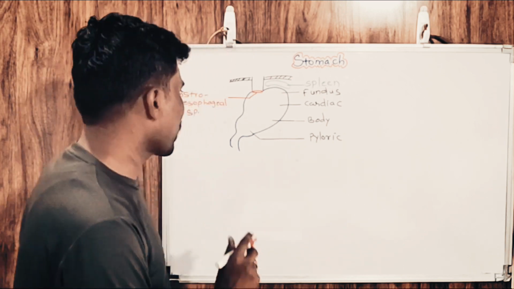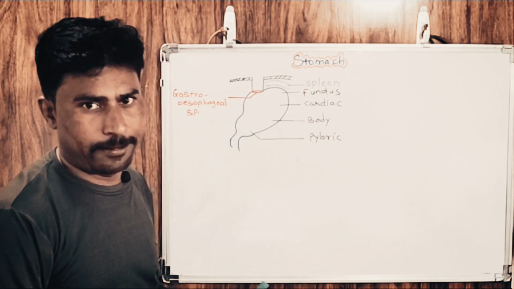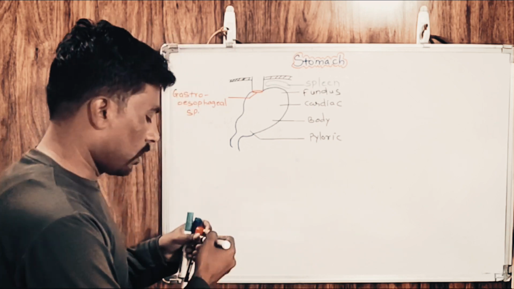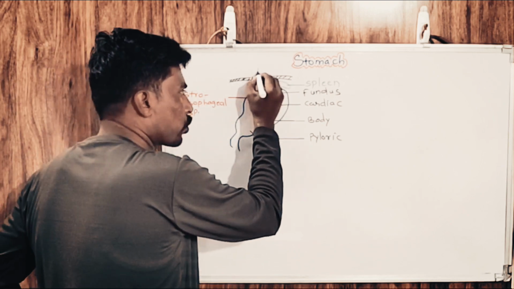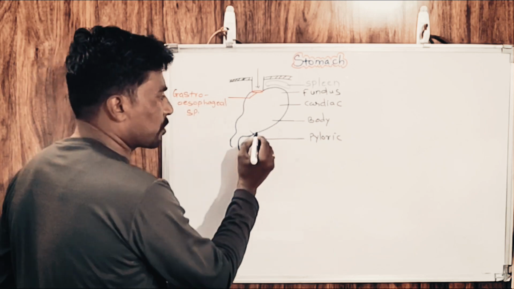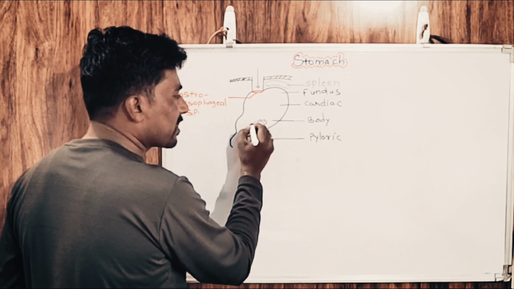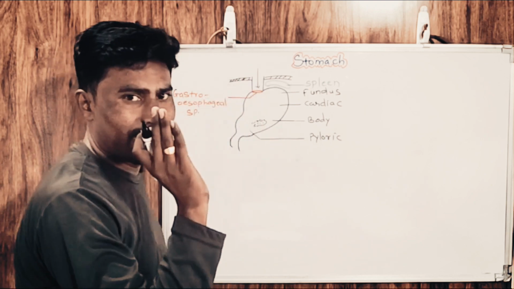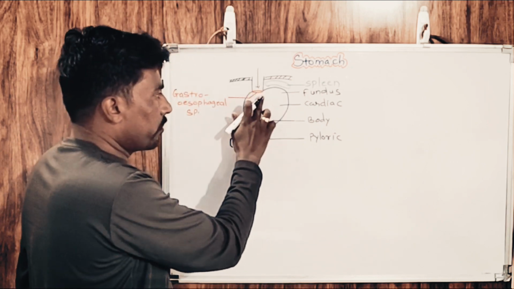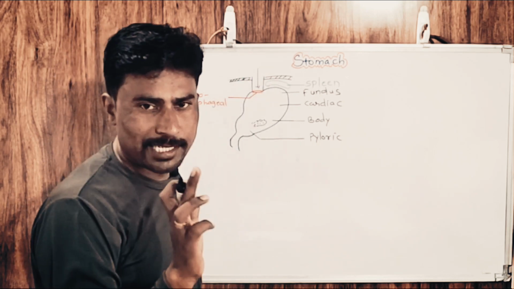Remember once again, what is the role of this gastroesophageal sphincter? Whenever you have a meal and swallow that meal, the food is received into the stomach through the esophagus, through this gastroesophageal sphincter, somewhere over here. But once the food is received here, that food never returns back to our mouth. The reason is that the opening, the esophageal opening in the stomach, is guarded by the gastroesophageal